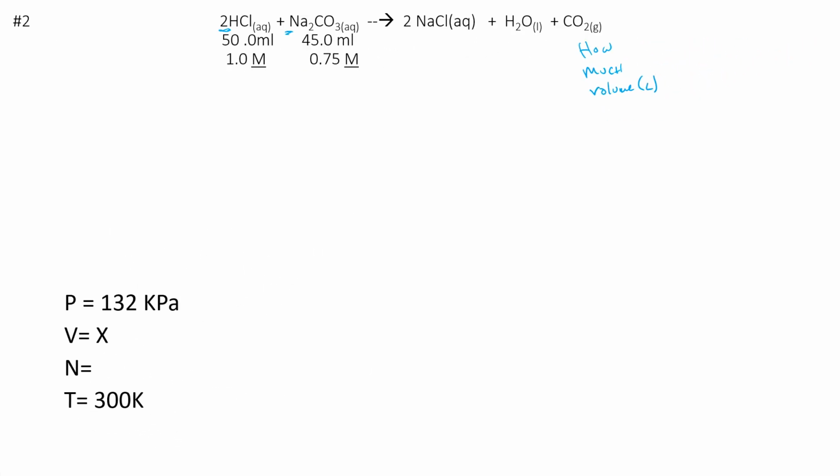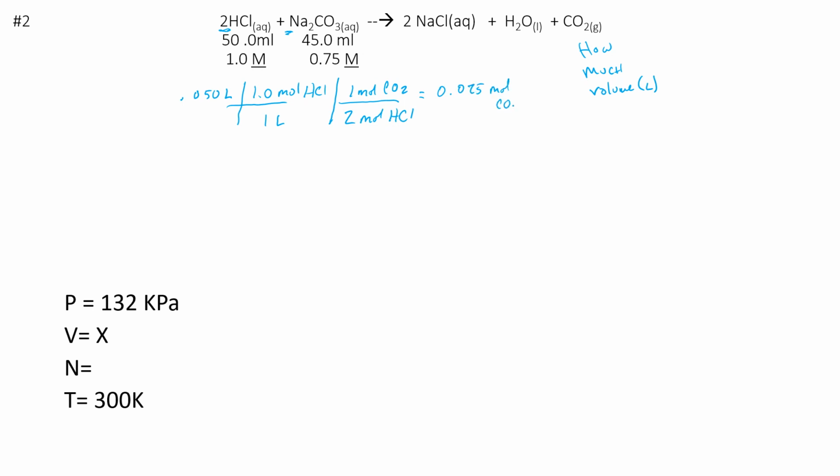Okay. So what we then do is this. We take the 50 milliliters as 0.050 liters times its molarity, because it is a solution, so 1.0 moles of hydrochloric acid for every 1 liter. And I'm going to go from there right into the mole coefficient step, and this is what a lot of people did not do. On the top here, 1 mole of carbon dioxide for every 2 moles of hydrochloric acid that we start the reaction with. And by doing that, I got 0.025